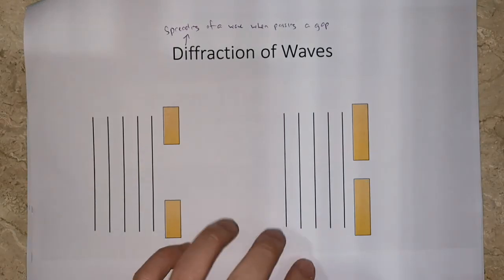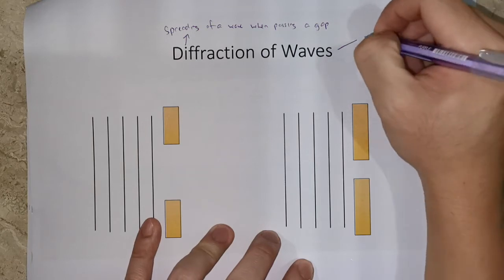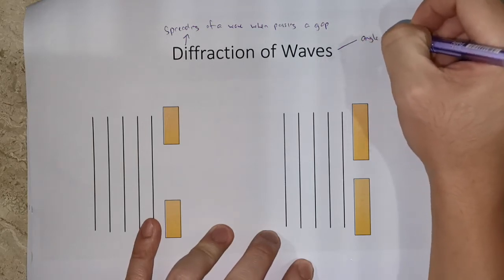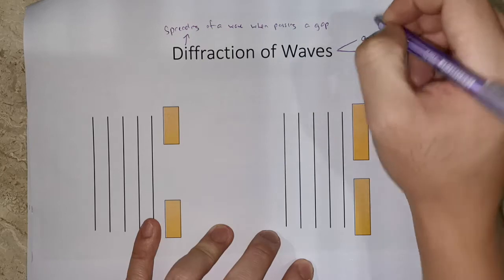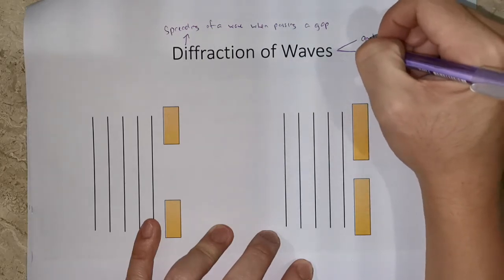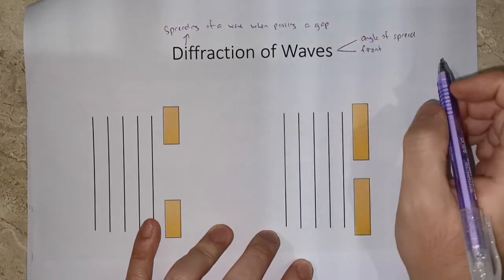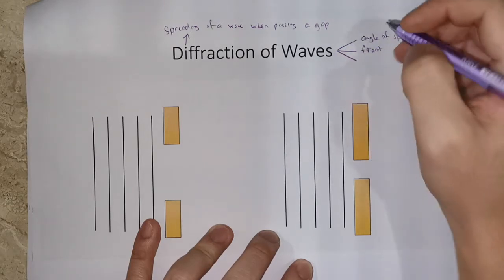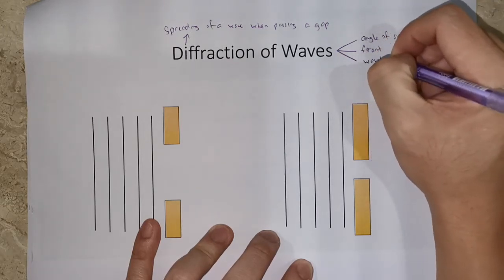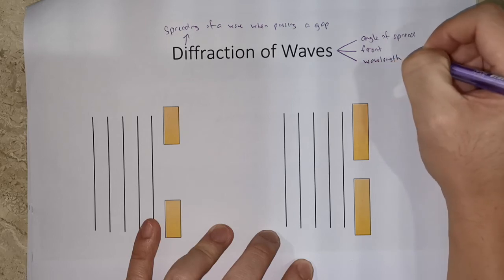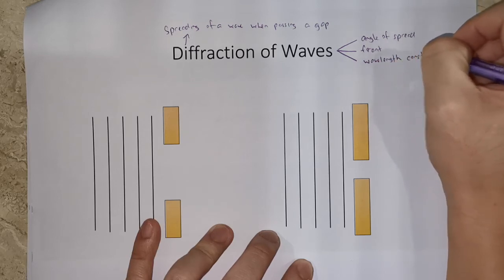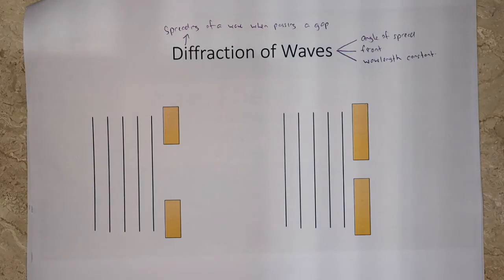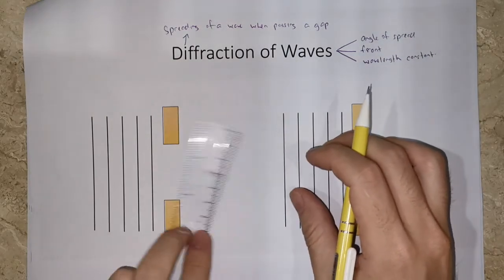Now, we will be focusing on three aspects. Angle of spread. You need to think about what the front of the wave will look like. And lastly, thirdly, you must make sure that the wavelength remains constant. Right? Similar to reflection, wavelength will remain constant in this case. So what we mean by diffraction of waves, again, is the idea of spreading. In terms of drawing the